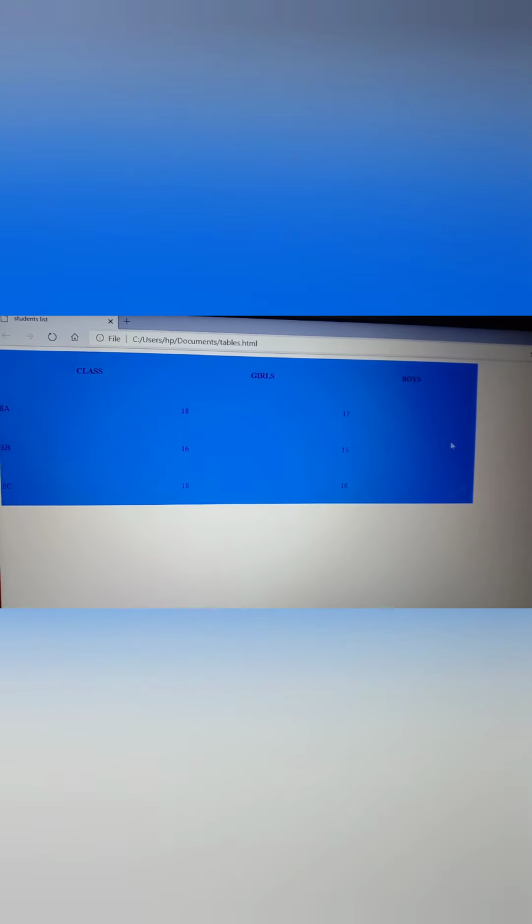See, because the width we have entered as 75%, the width is increased now, and we have given the border value of 0, so there are no borders. Now the table will not show any borders over here because we must provide a border value, otherwise it will not show the borders, but the spacing is there, right. Then whatever changes we have done, that data, and we have aligned the table to the left of the web page, so it has moved to the left of the web page. Okay, so this is the way you have to create a table in HTML.